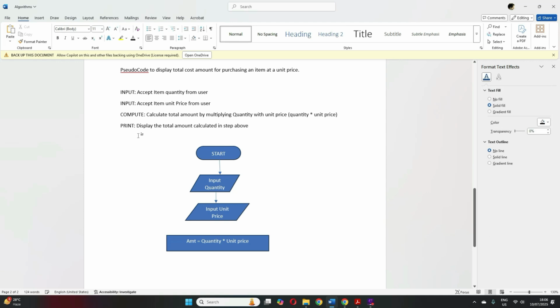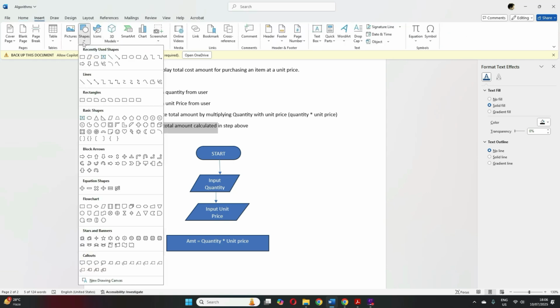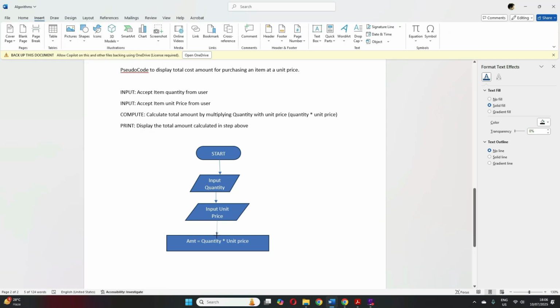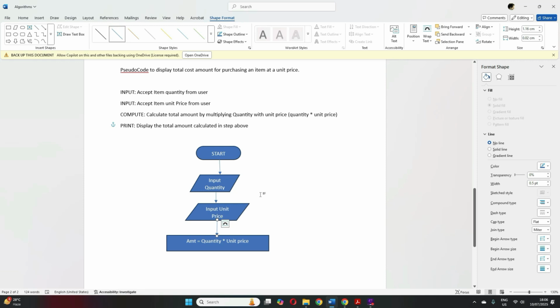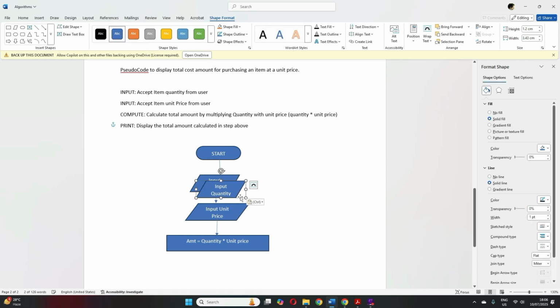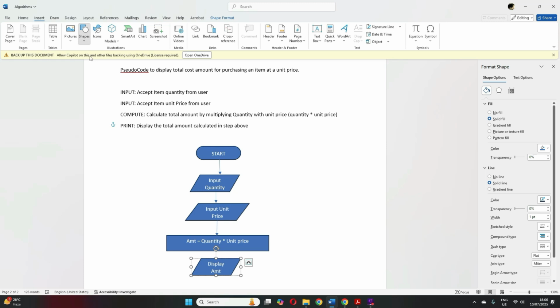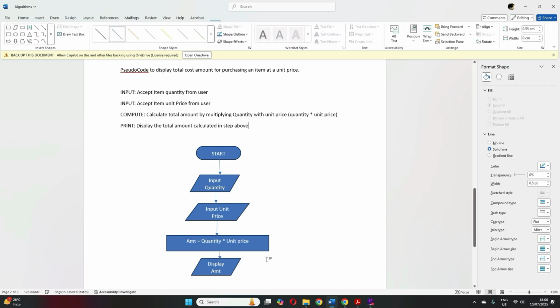So here we have calculated the amount. Now once the amount is calculated, we have to display the amount to the user, right? So again, we need a flow here. To display, which box do we need? Input output box, right? The same as the input box. So let us copy this. Here we will display amount, correct? We will again have an arrow. See, all these boxes should be connected by these arrow lines, okay?